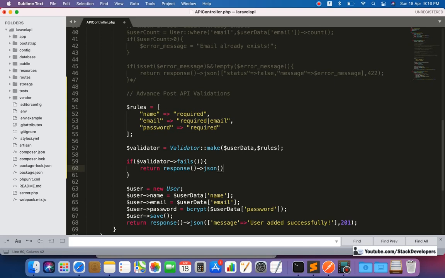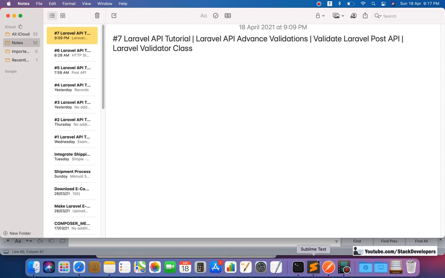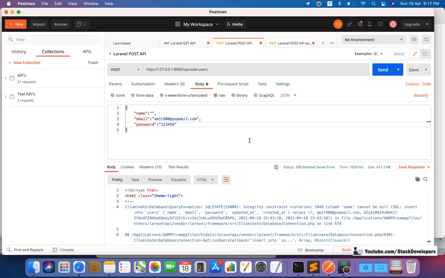And in JSON we are going to add $validator. In the validator our errors will come up here. This is the errors object of the validator, predefined. Okay, so we can write like this, and we will pass the 422 error message once again, like this. So we are going to check if these rules will work. Let's go in Postman.